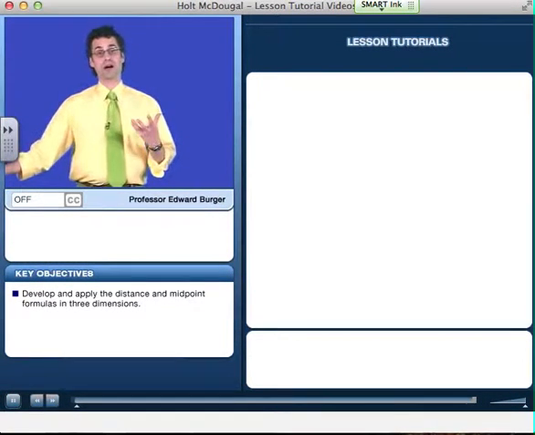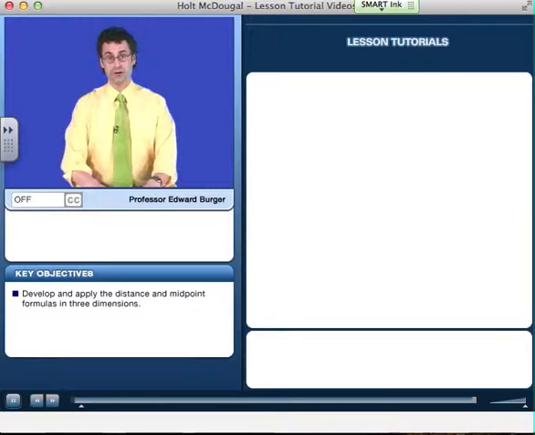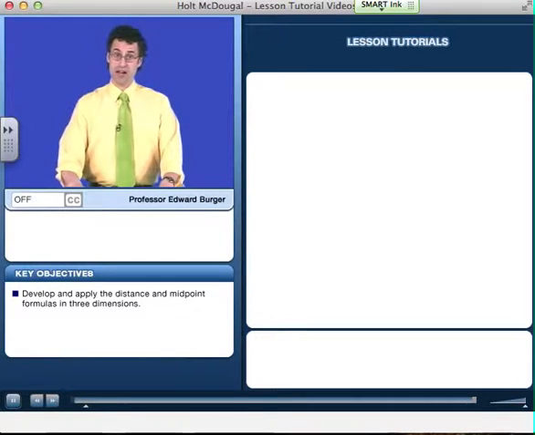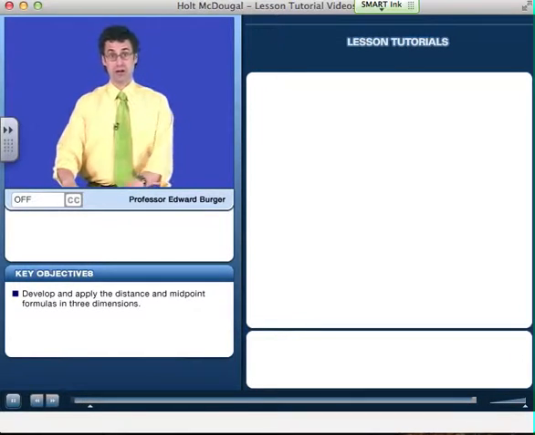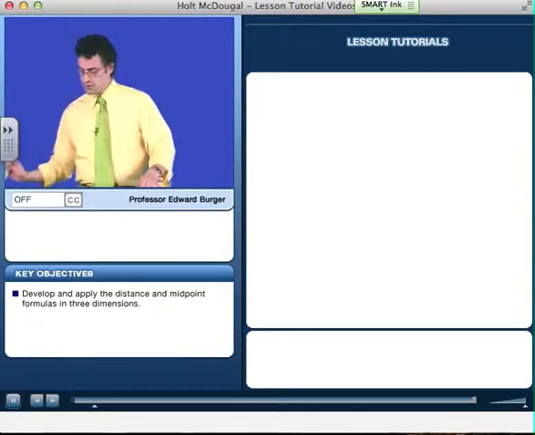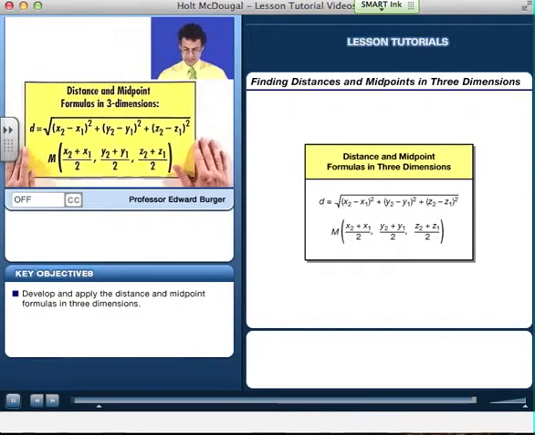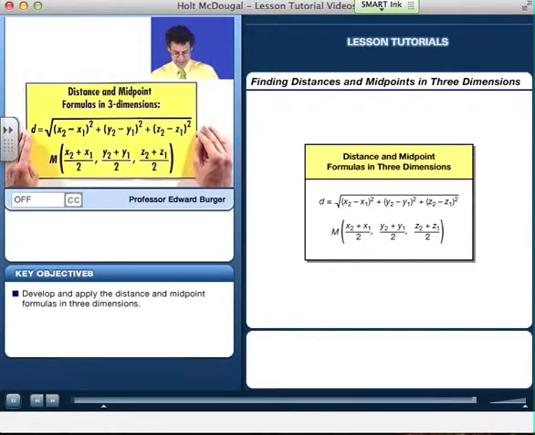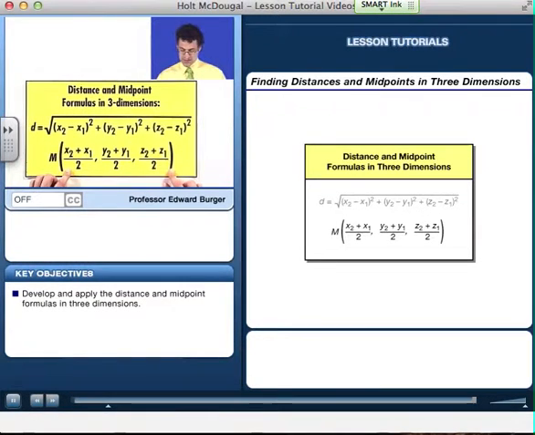So many of the results that we know for the two-dimensional plane actually carry over to three-dimensional space. Let me just show you two important formulas, the distance formula and the midpoint formula. Let's take a look at the midpoint formula first, which says if I have 2 points in three-dimensional space, and